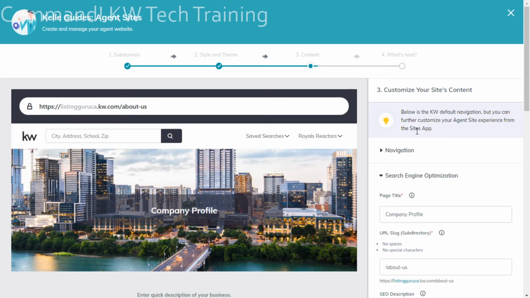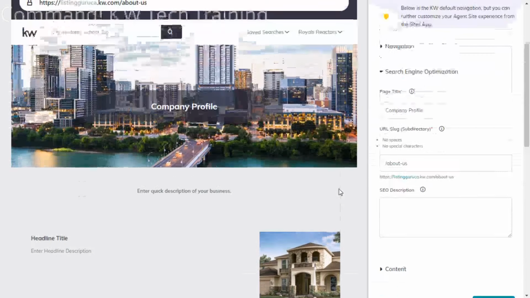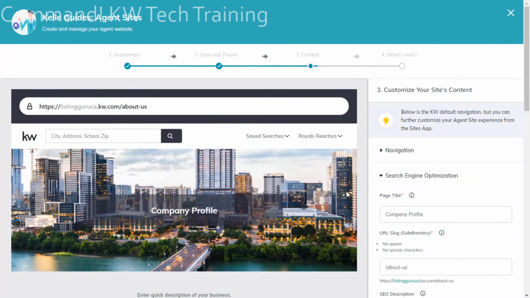So the third part is your content. This is where we're going to look at the different pages that are available to you. It sets up 3 pages by default. You have your home page, which you go through with your theme. And then it sets up 3 extra pages, which are a company profile, an about us, and a contact page. You can edit these pages to really be anything that you want. For company profile, I made my page